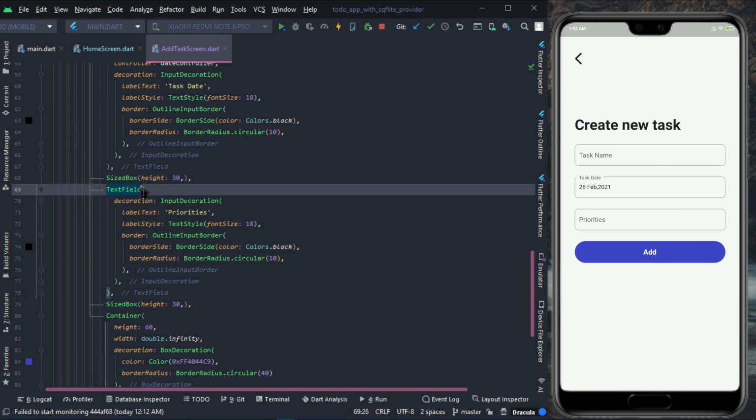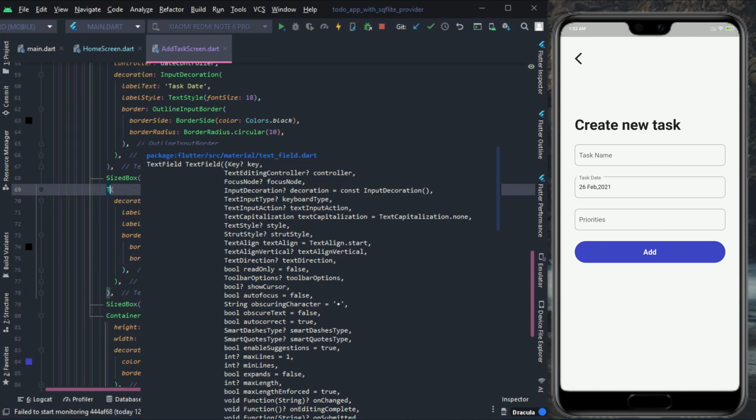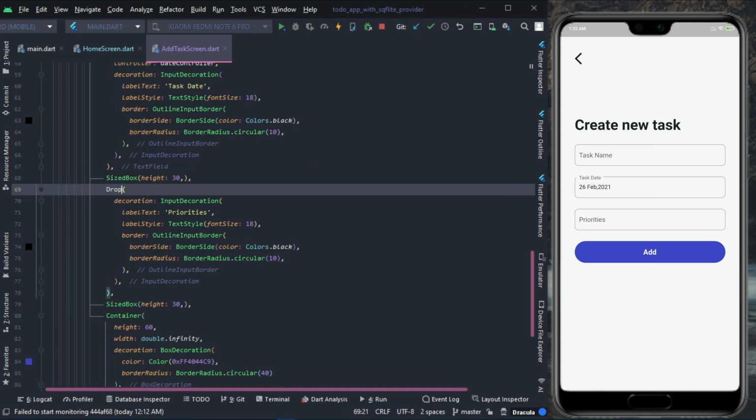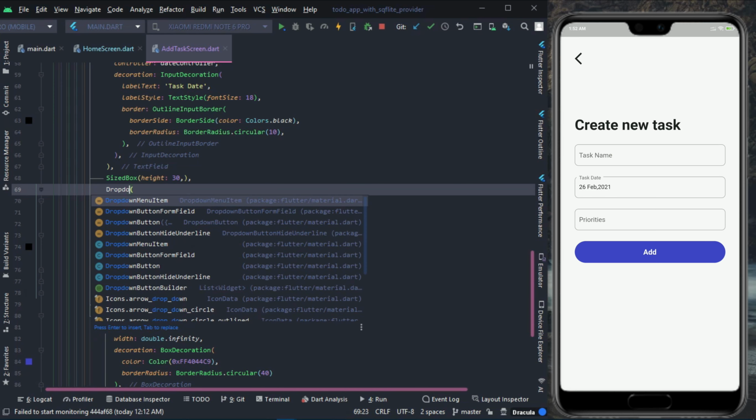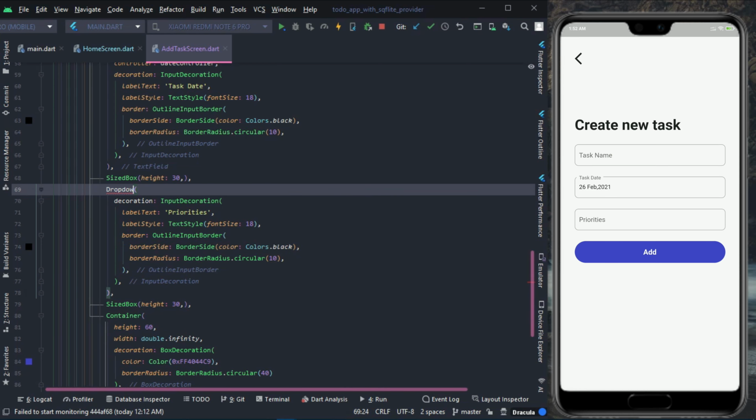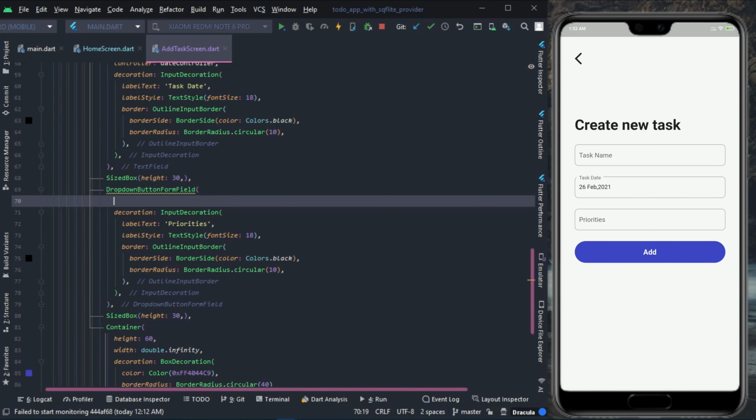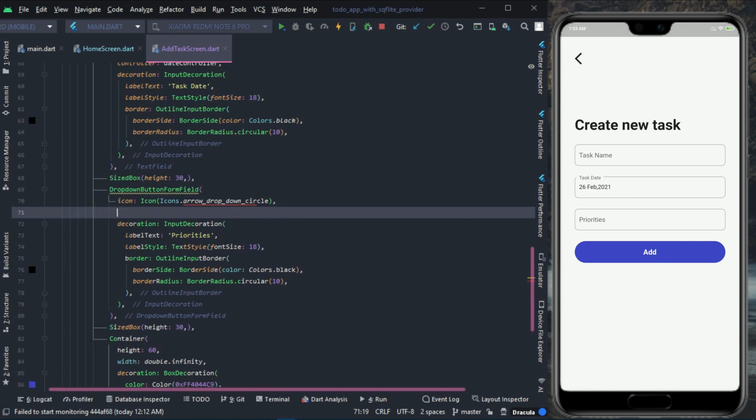Rather, make this a DropdownButtonFormField. Okay, and we need to give an icon. Okay, and the items will be